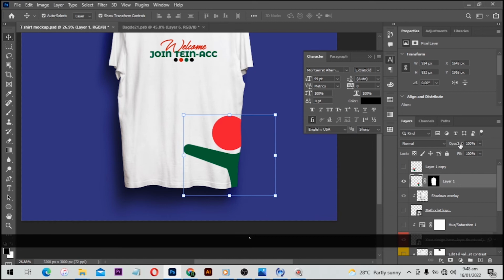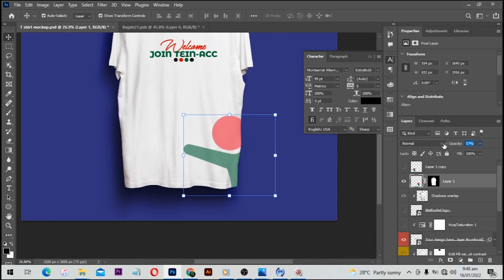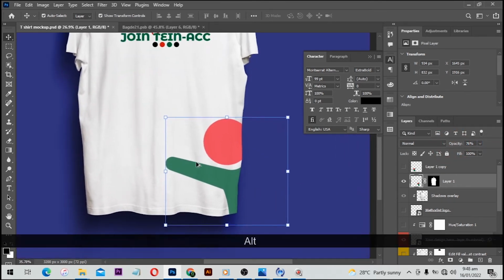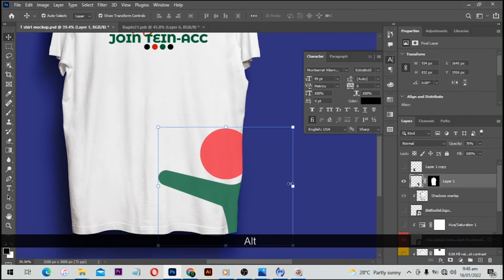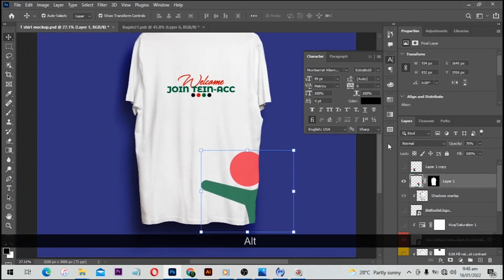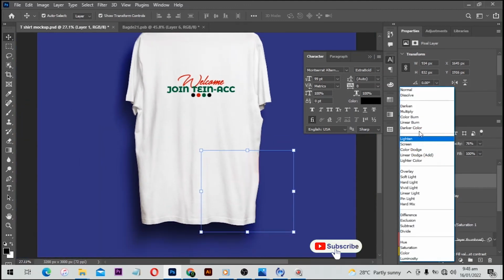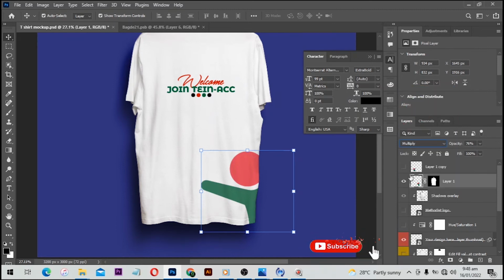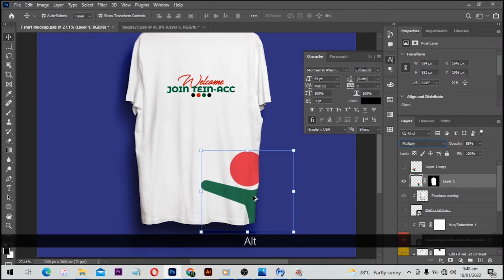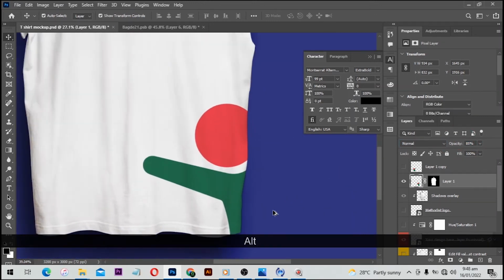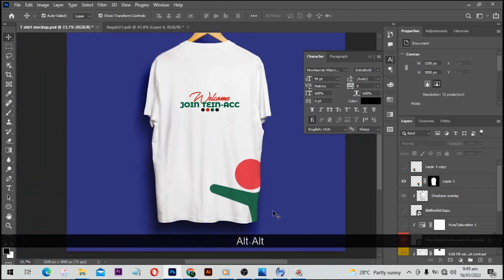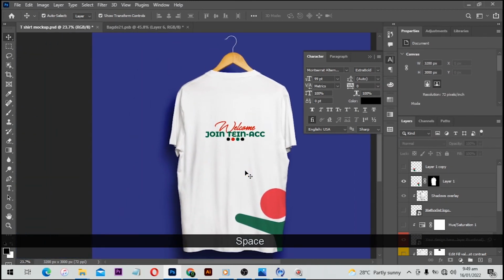So what you can do to make this look real is reduce the opacity. Come up here and reduce the opacity a little bit, like 70 to 80%, and then we are going to have the flow of the design in. But you can still take it further by going to blending mode and selecting multiply, and with this we can increase the opacity all the way to even 85, and this is the final look that we have, just like so. Very nice. I love the final result.